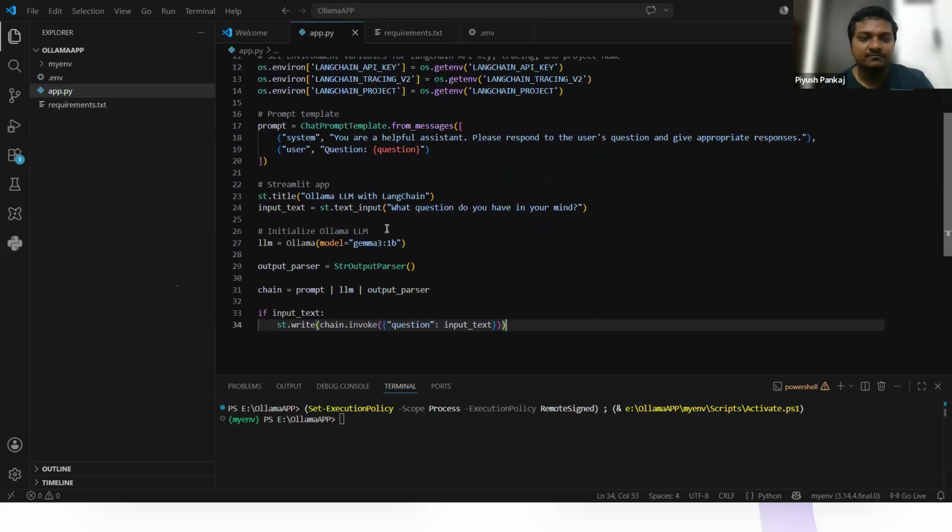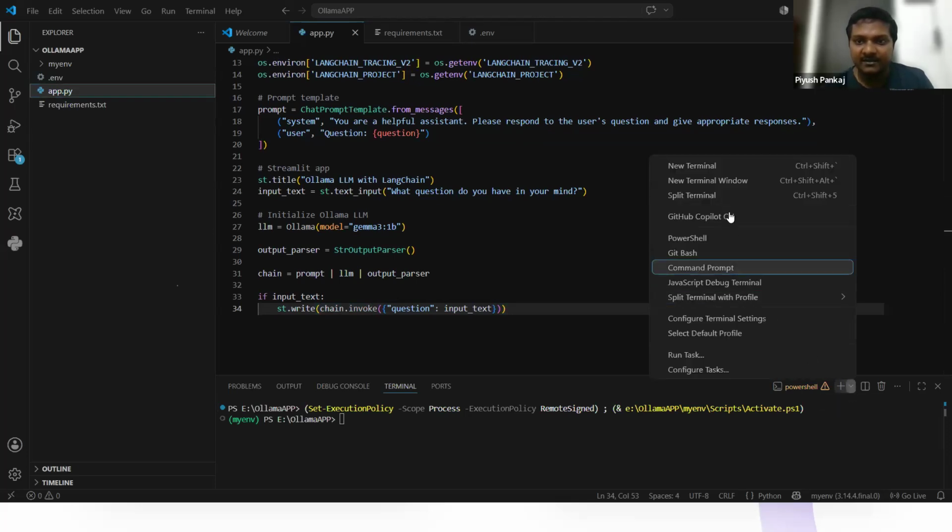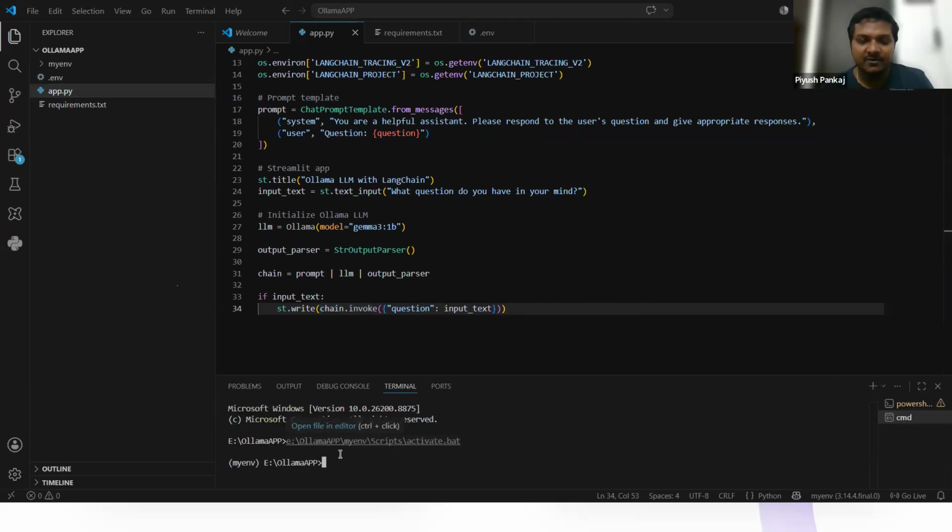I already have all the things done. What we need to do first of all is activate the environment. I'm changing the terminal to command prompt. Here I need to run one command, streamlit run app.py.